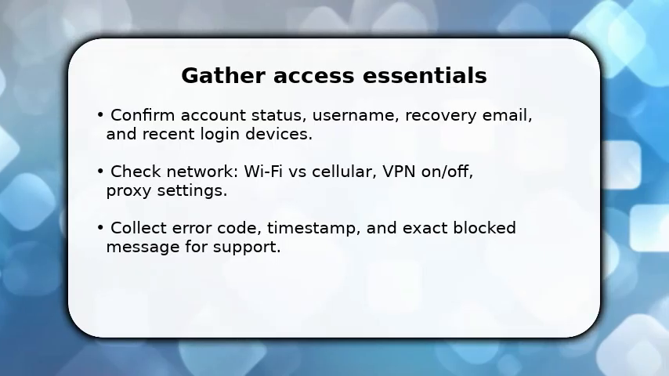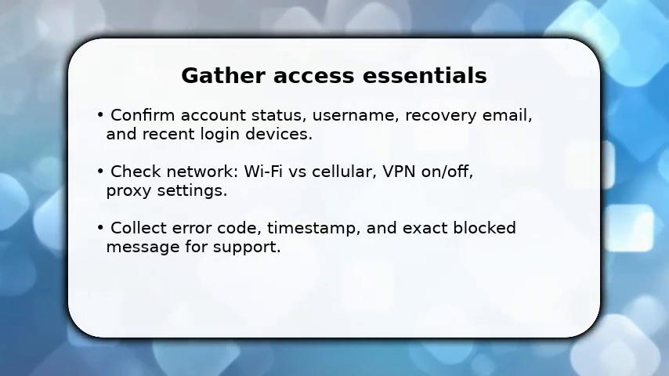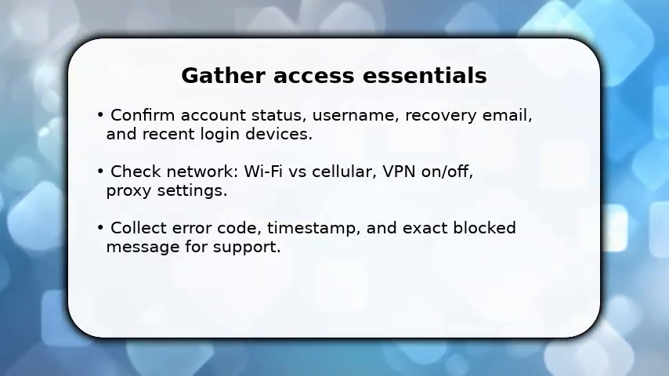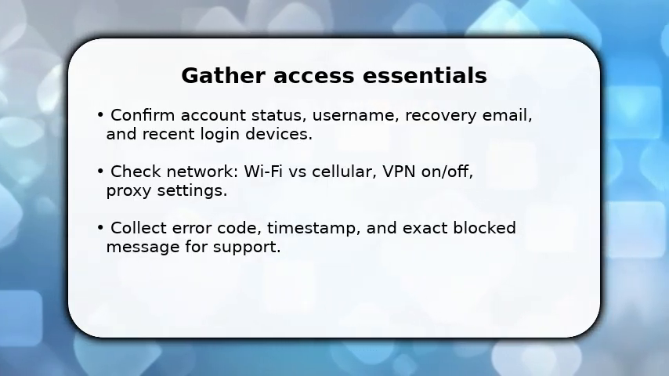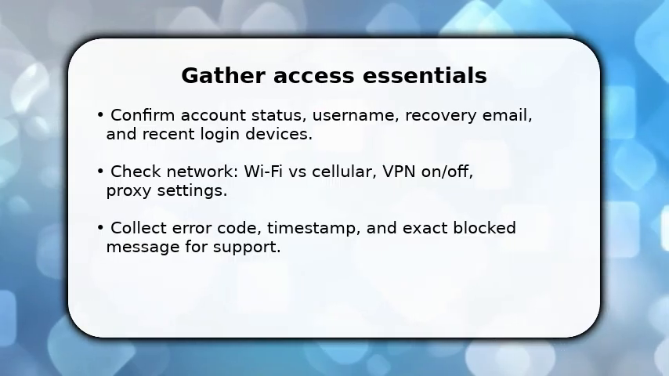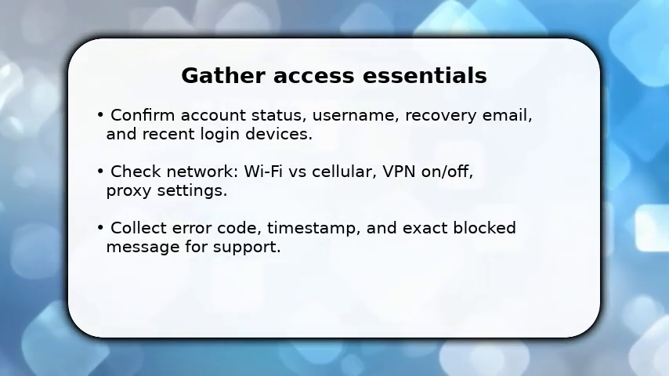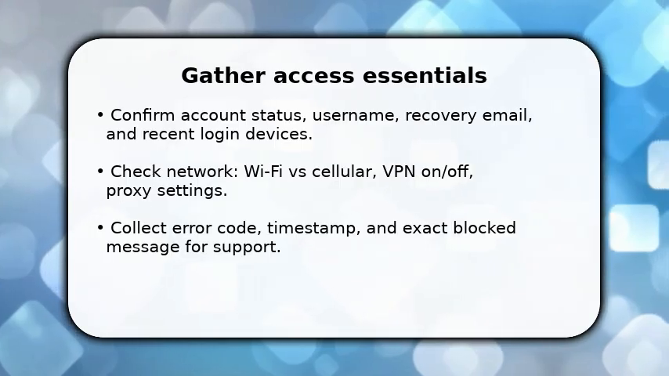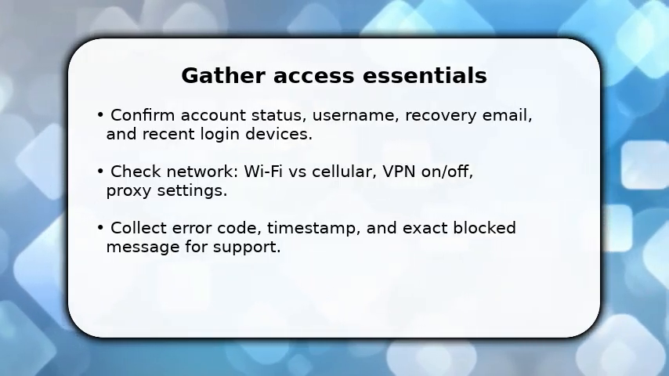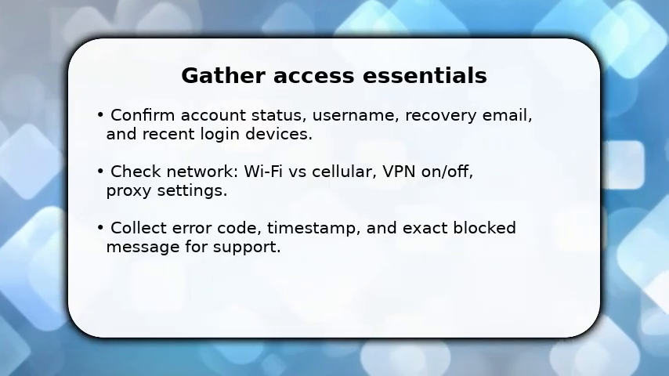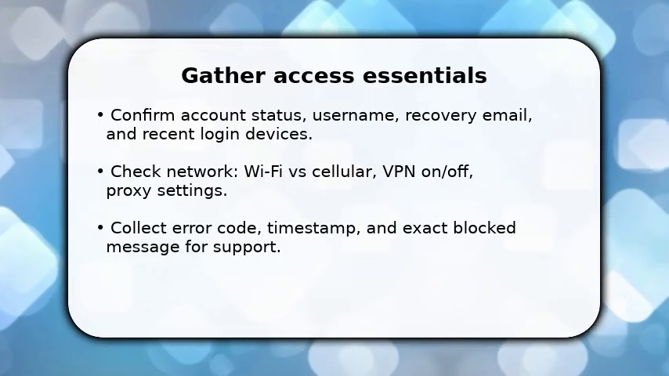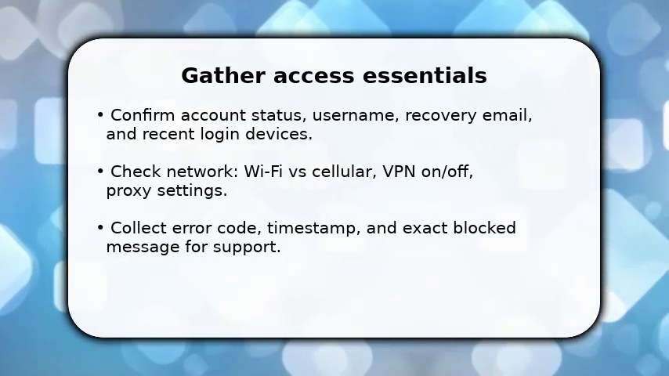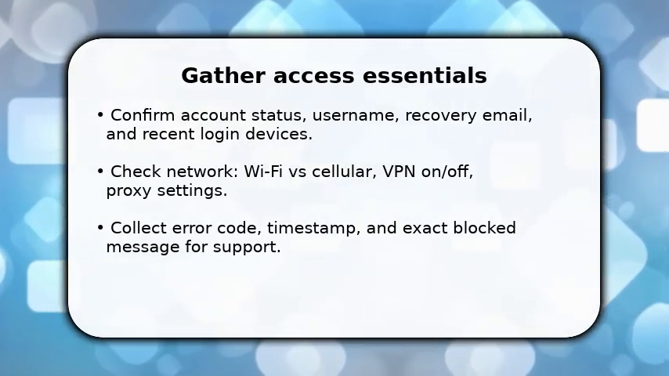You start by collecting everything needed to act fast: your exact username, recovery email, the device you last used, and any error code shown. Once done, verify the network path, switch Wi-Fi off, and use cellular or a trusted network to isolate connection issues. Make sure VPN and proxy are disabled because they commonly trigger blocks. Having the timestamp and a screenshot ready speeds up recovery and lets you explain the sequence when you contact support